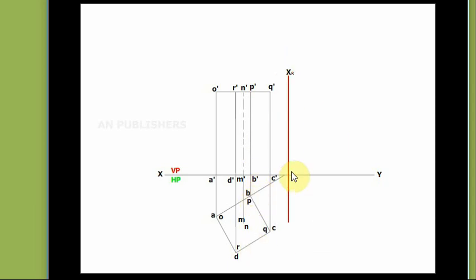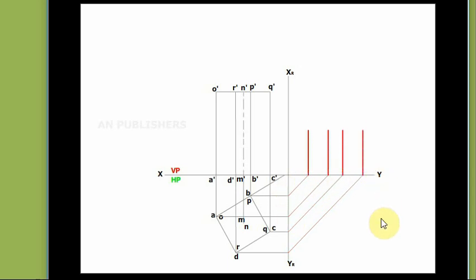Now draw the side view. For drawing the side view, project lines from here, and either you can draw a perpendicular line, or with an arc also you can take this distance to here. So our ultimate aim is to take this distance to here. Draw the vertical lines, and now from here project all the points to here. Now join the required points.